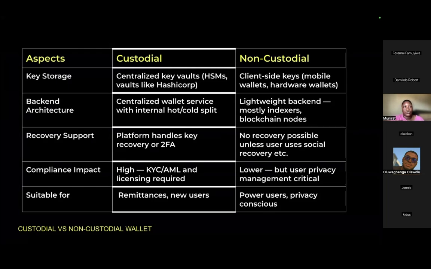Custodial wallets means you have control over the keys. The keys are with you, you own them, and you have control over the wallet. For non-custodial, the keys are with your users. And again, when it comes to recovery, there's nothing like you